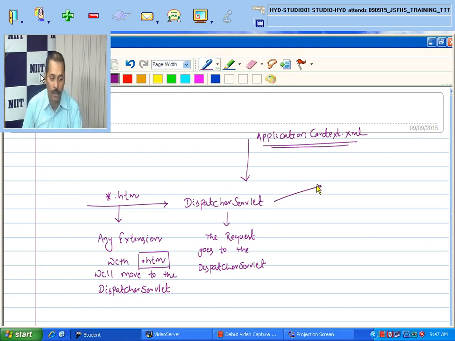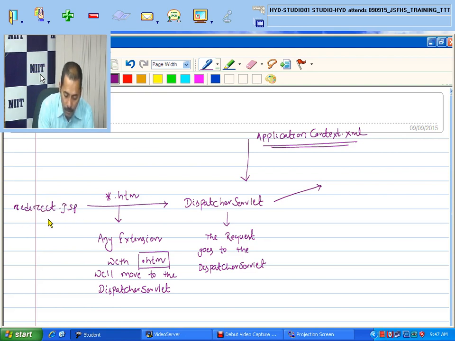That is already defined in the application context module. First we are getting the redirect.jsp page. Remember that it will be the first page which will be loaded.